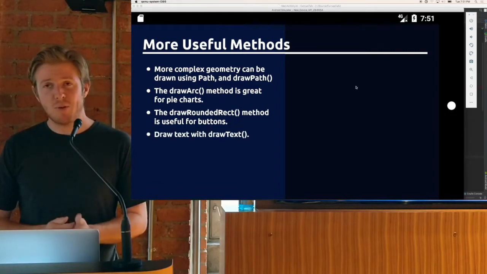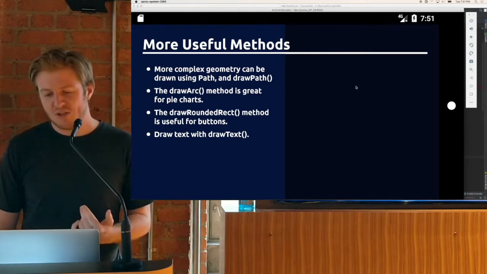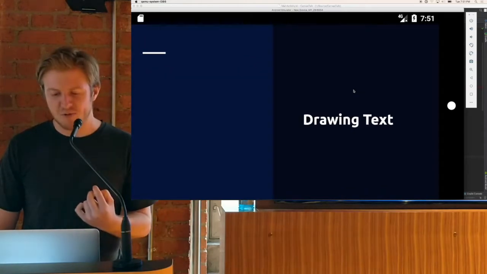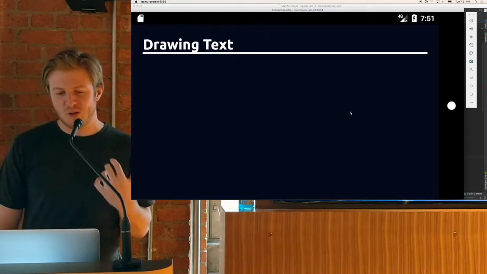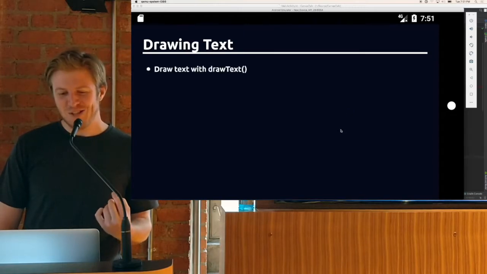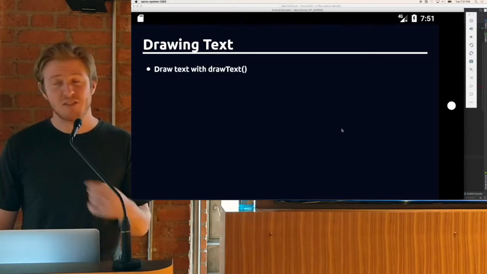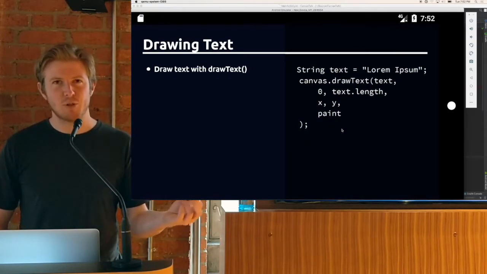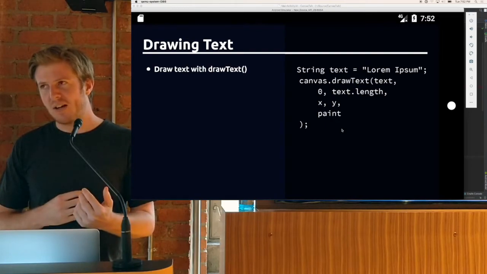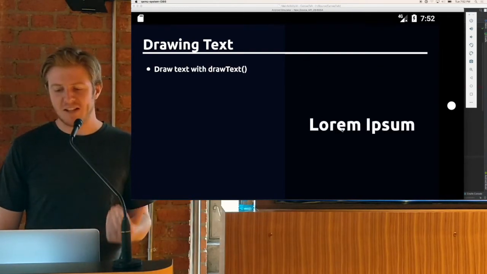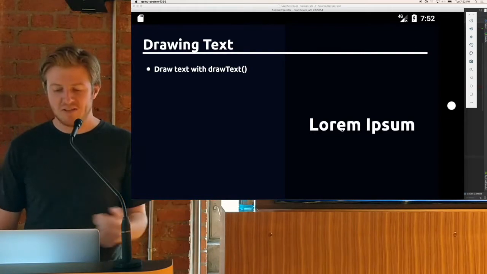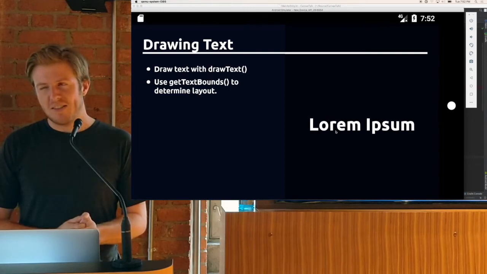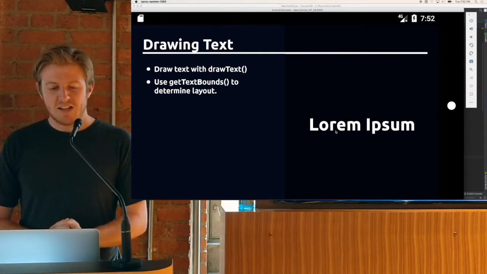And then finally, one of my favorites actually is drawText, which is so useful, in my opinion, that I'd actually say it needs its own slide. So drawing text can be done with the expected drawText command. You pass in an instance of the string and a Paint object in which you define your font and your text size, and you get something like this. Nothing too crazy, and basically also what a TextView does. But the truly useful nature of it comes when you use it